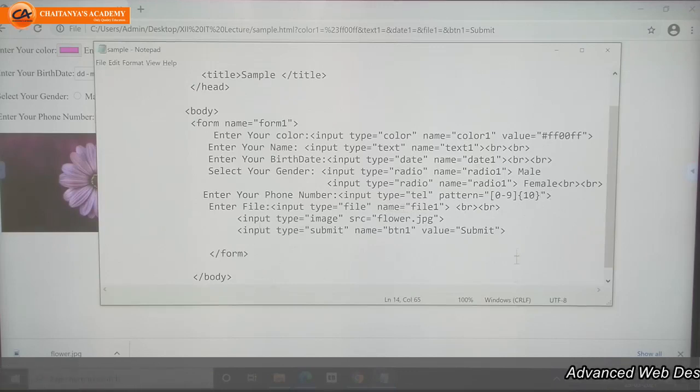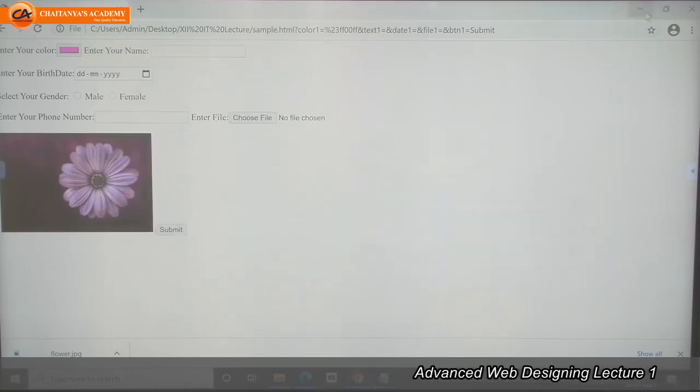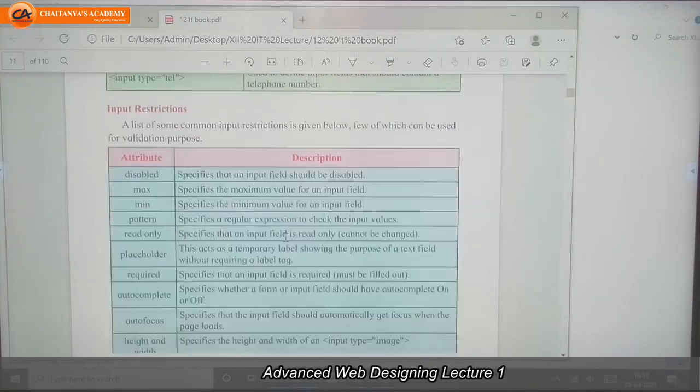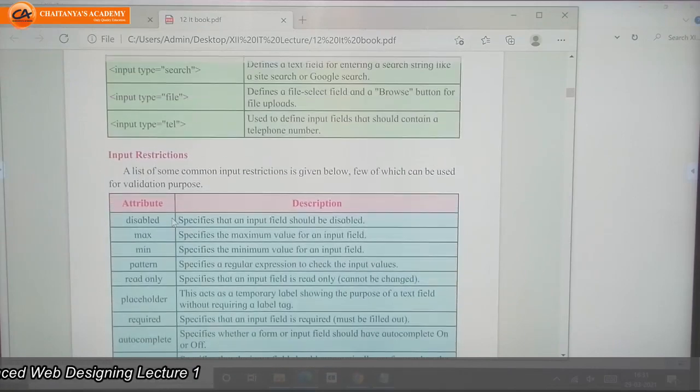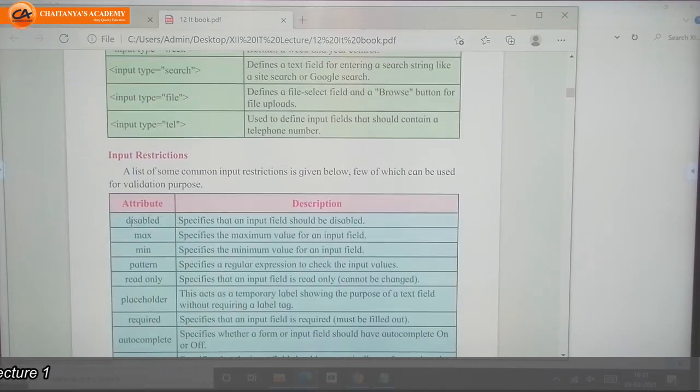So next, attributes. This is the part of attributes. Disabled. Disabled means what?